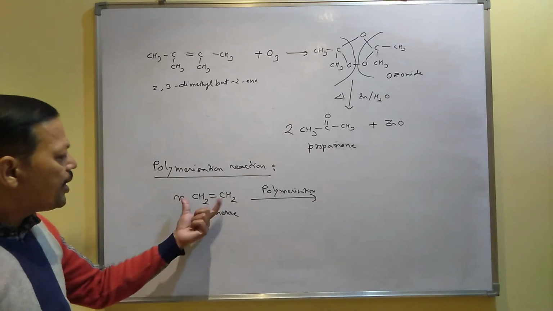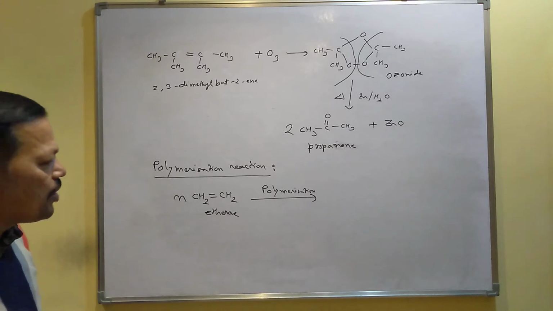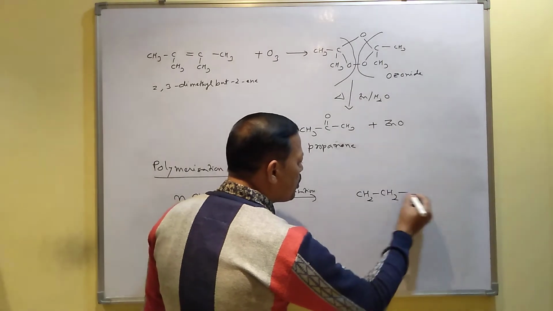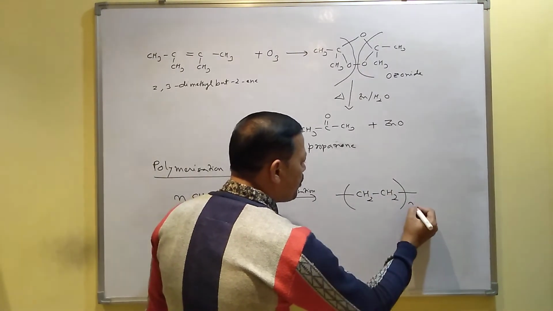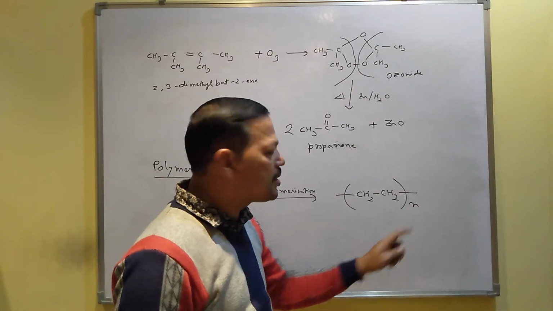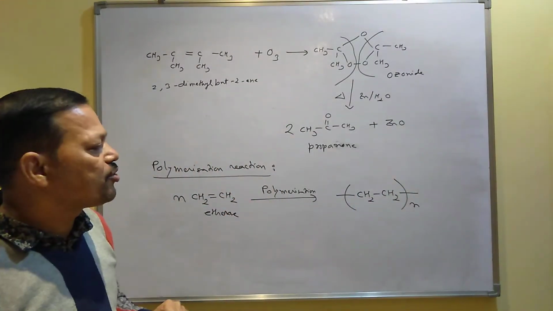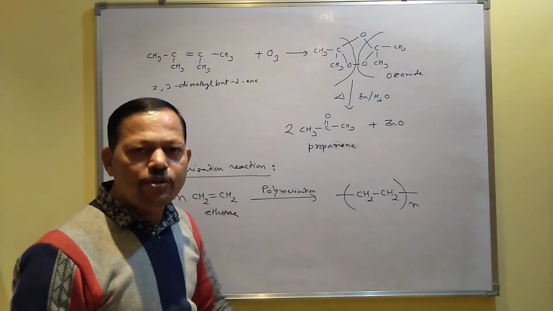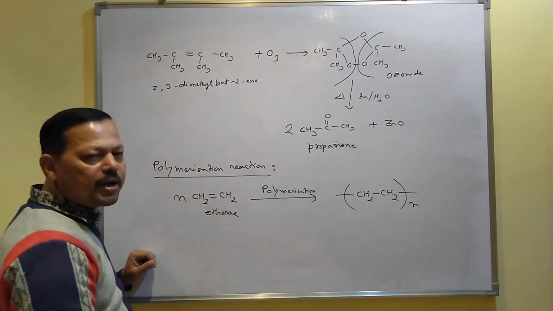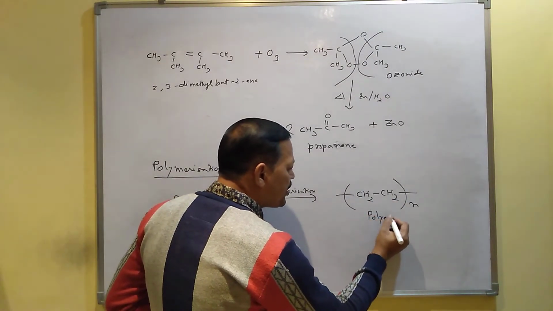then all the ethene molecules will join with each other and the double bond will be converted to single bond. Then it will form a long chain compound like this, CH2. The bracket whole into N means this side a number of CH2 is present, and this side also contains a number of CH2, and this type of compound is called a polymer. Now this is your ethene. When ethene undergoes polymerization, it produces this polymer, and the name of this polymer is called polyethene.